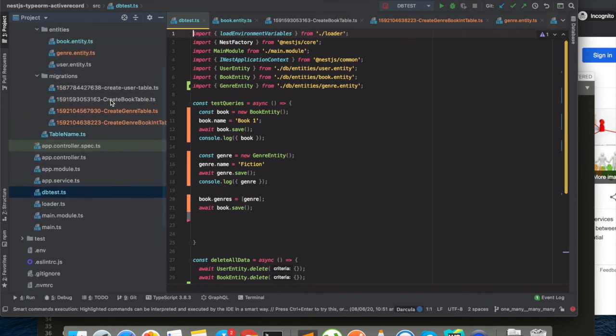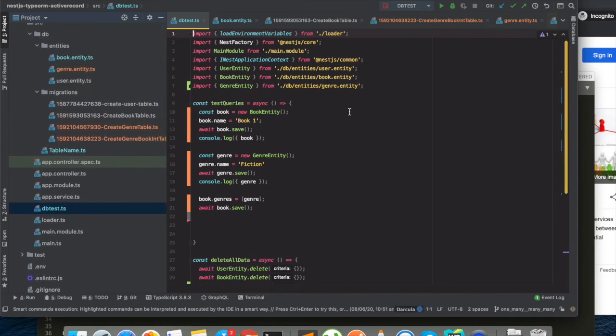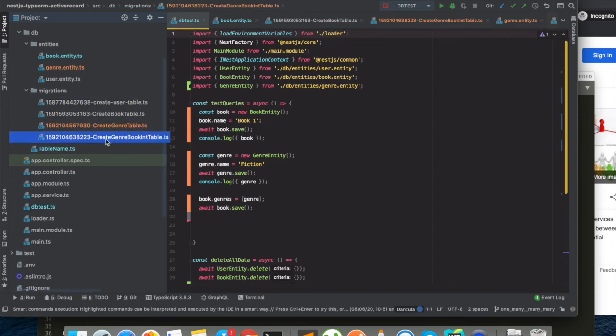Now there is an important thing that I would like to mention here. You see we have four tables, right? The user, the book, the genres, and this intermediary table to hold the many to many relationship for book and genre. But we haven't created an entity for this table, right? That's because we are not using this table directly.